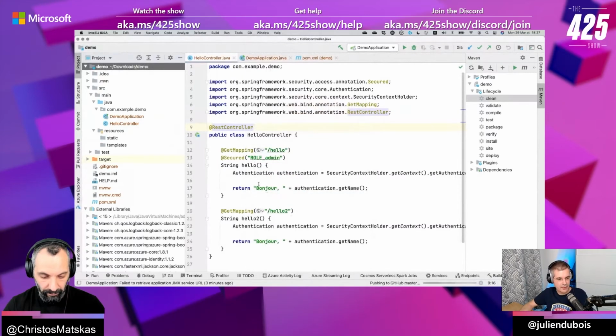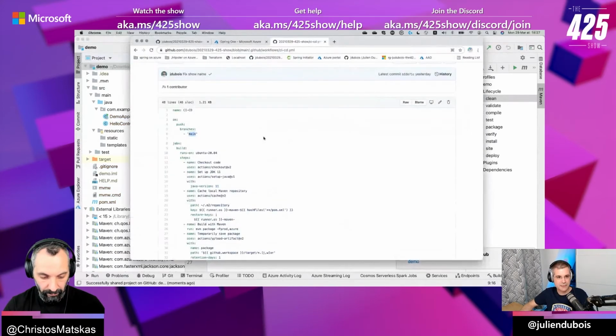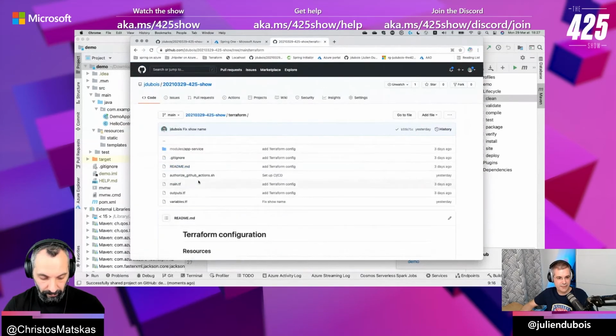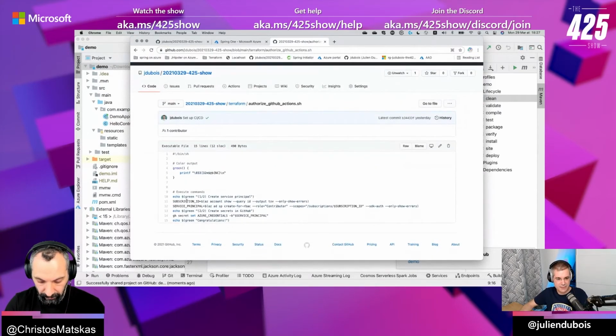And I need to authorize my app on GitHub. For this, let me just show. Inside Terraform, I had this script to authorize my app. Let me just show my script. What my script is doing is that it's getting my subscription ID, it's creating a service principal, and it's adding it as a secret to GitHub Actions. So after that, GitHub Actions has got control, well, has got a service principal. So GitHub Actions can deploy stuff, create stuff, or anything on Azure. So that's very handy, because once you've done this, your GitHub Actions can run Terraform scripts, deploy stuff, and do everything on your behalf.